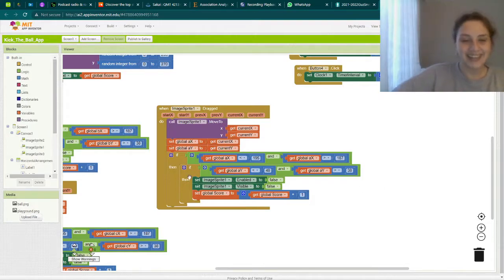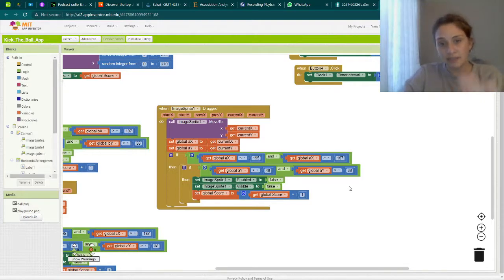After it checks x's, it checks y's, and it looks if global ay is between 48 and 38. Then if both of them are in these x and y ranges,